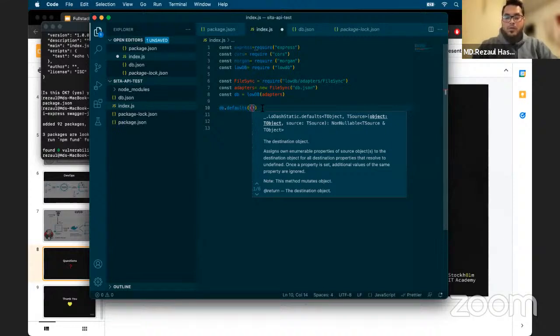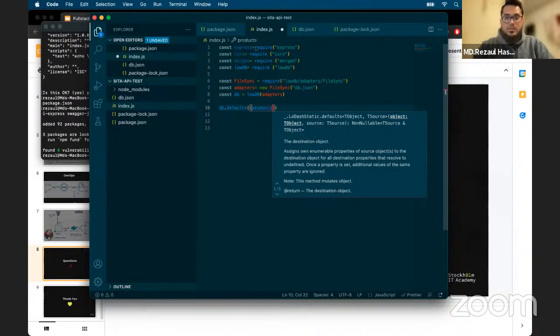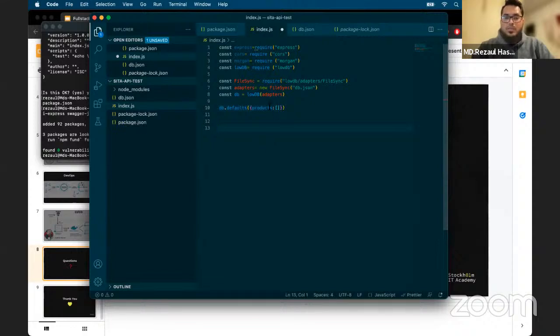Now let me add our products, our collection name. Okay, now here is a point. Let me start with products equals to, so here is the empty collection. Okay, now here is a point. What is actually a collection, what is a database, and what are actually tables? Now just remember that